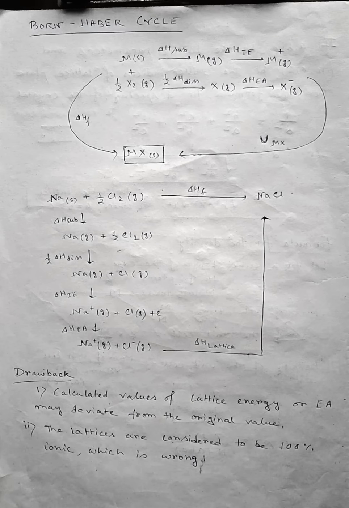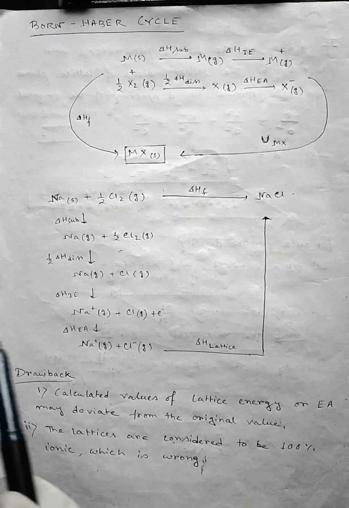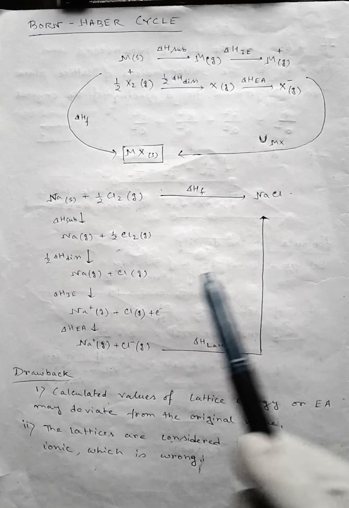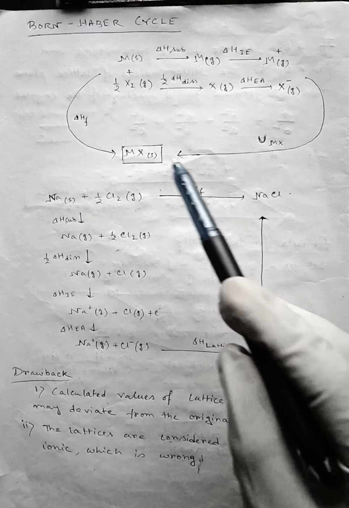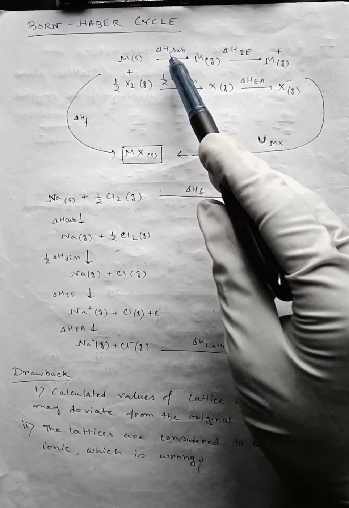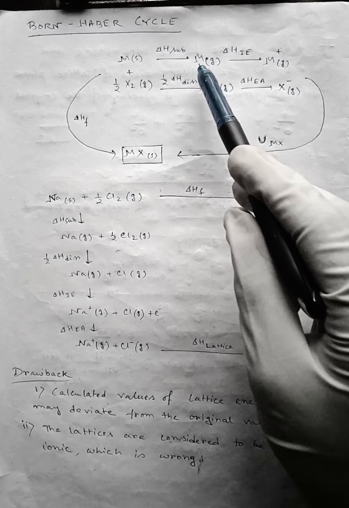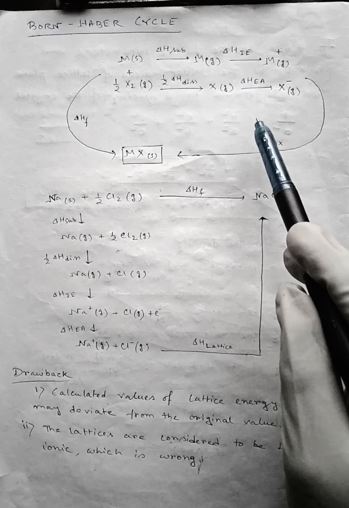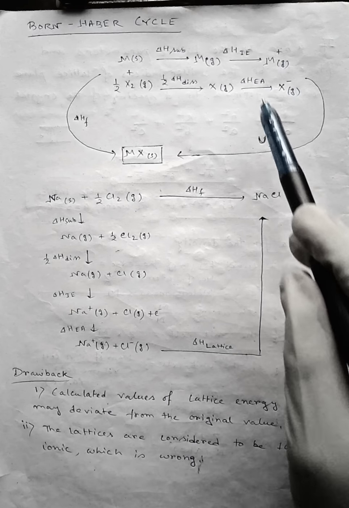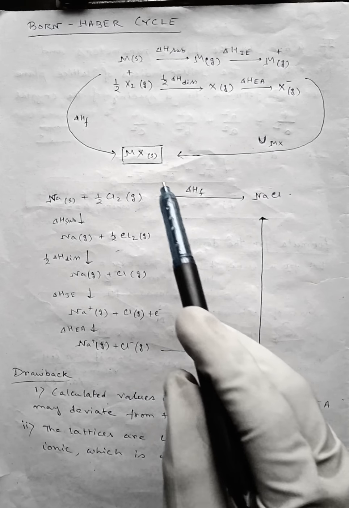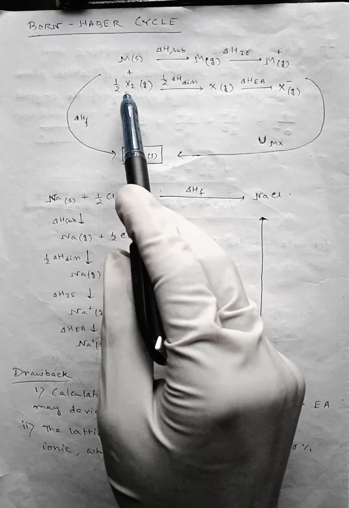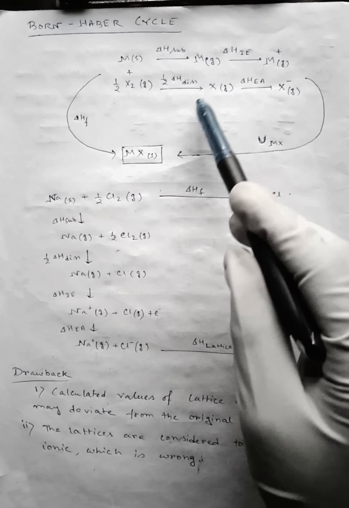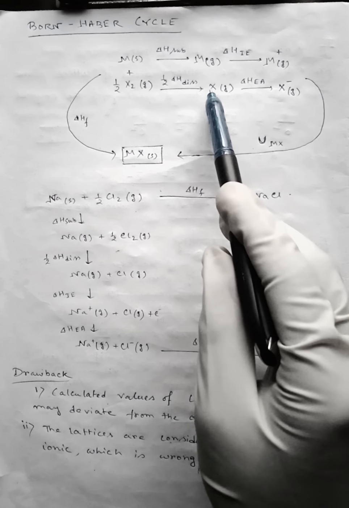So the Born-Haber cycle is constructed from Hess's law. Now look, if we take a metal in solid state, then we have to give the enthalpy of sublimation to make it gaseous. Then the enthalpy of ionization makes it an ion, a cation. And now if we take a halide, then we have to supply the bond dissociation energy to make it